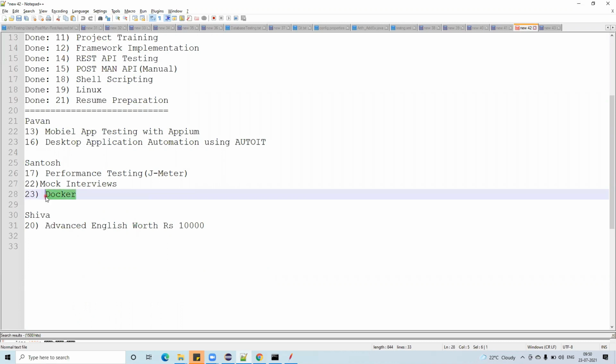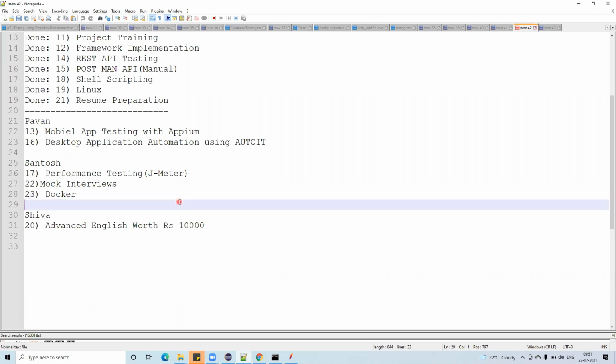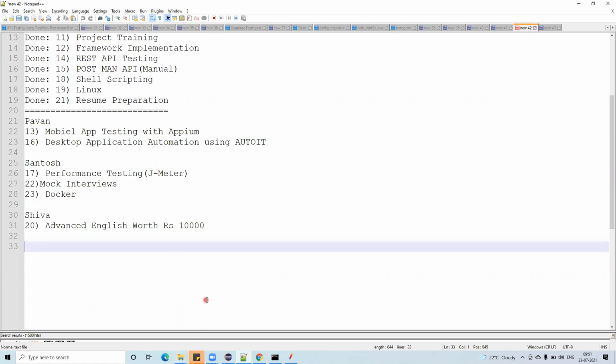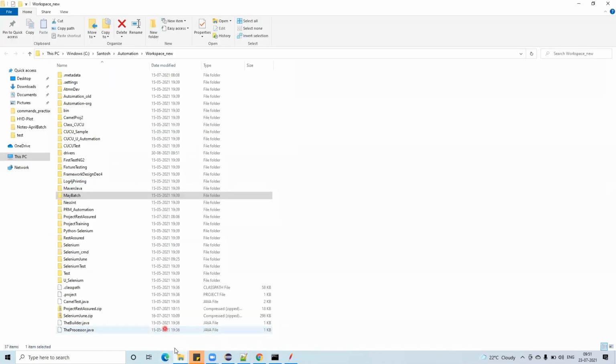Docker I am sending, as I said, because my machine is not supporting Docker. There is one recorded video available. For Docker I am going to send you that recorded video, which I made for the previous batches, where I explained it very well. But this time my laptop is different, I cannot give the demo on this laptop. But what I will do, I'll share a doc on the same.